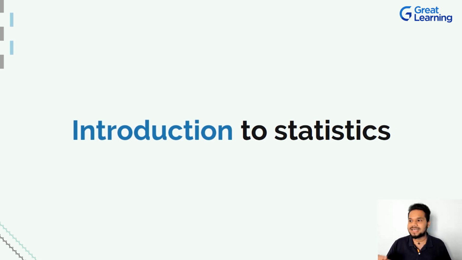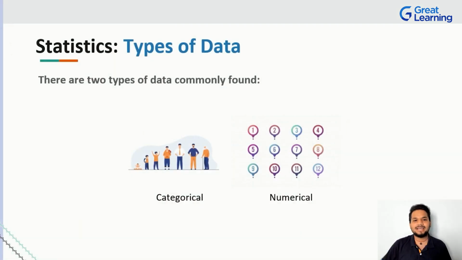Because if I just say, hey, statistics is used for this, that, and something else, it will not add any meaning for you. But if I tell you, here are the various types of data, here is how we use them, and here is how we can apply the concepts of statistics over them, do you think that would be a better way for you guys to completely understand the domain? I know you're saying yes. So we are going to dive right into understanding some of the various types of data that we have actually seen in today's world, right?